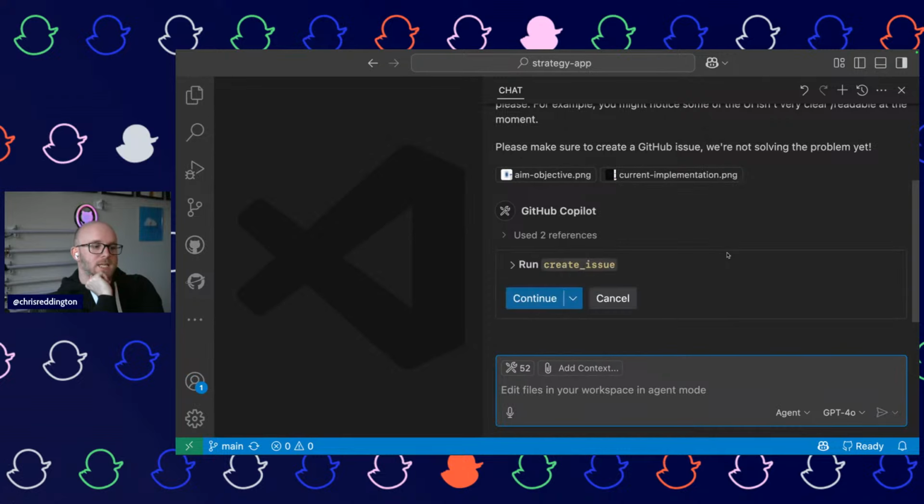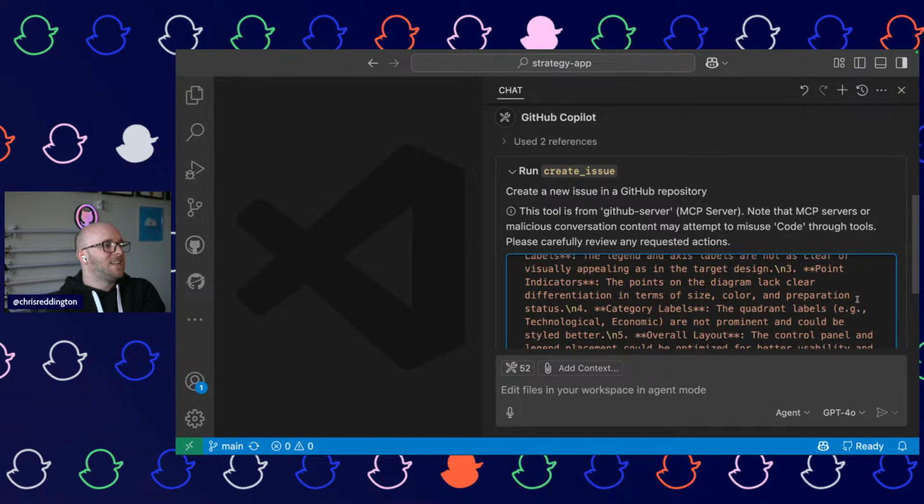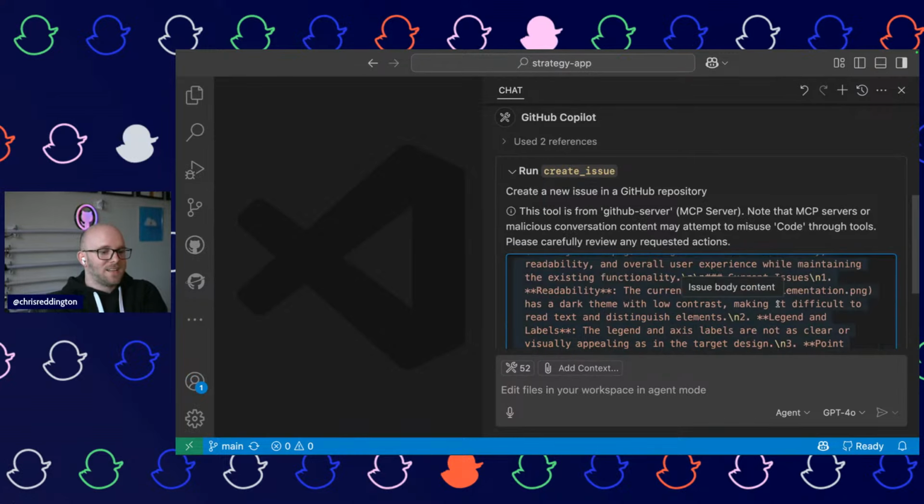But I will say, I'm impressed. UI improvements to align with target design. I don't think this is going to work. And yeah, 3.7 Sonnet might be better for tasks like this, because I'm sure I read somewhere that for UI pieces it's supposed to be improved as well.